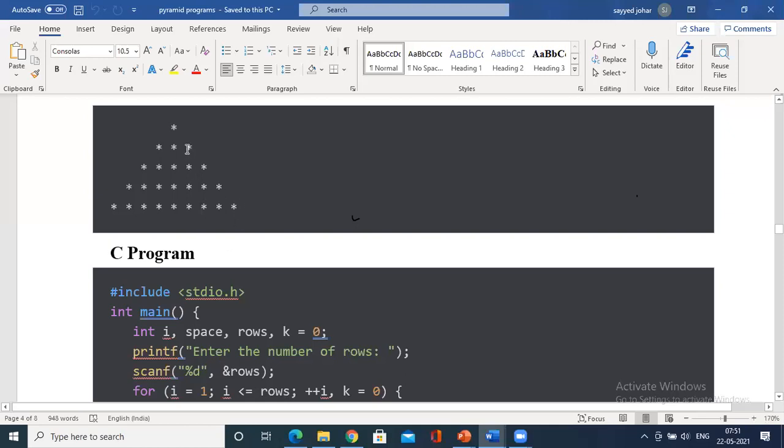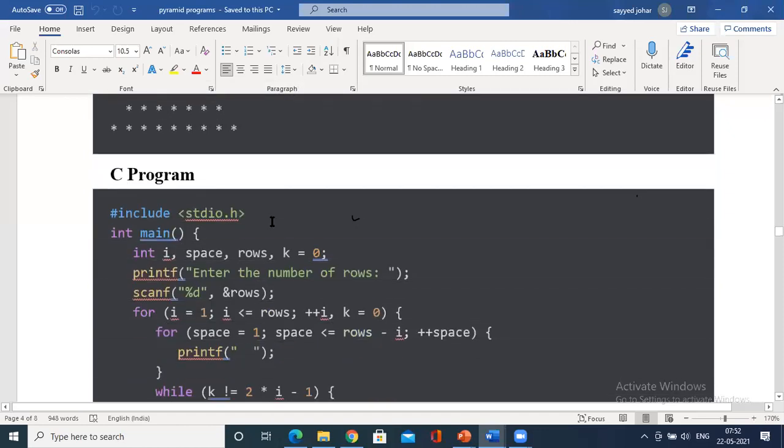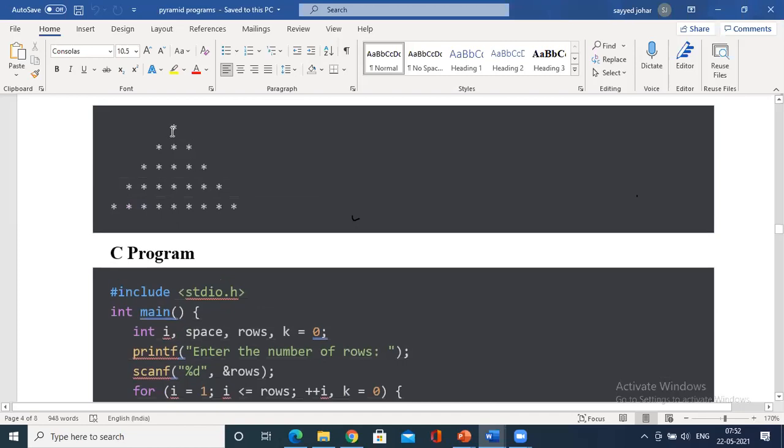Before that, whether the pyramid goes in this structure or reverse structure, how does it look like? You could see there are spaces. If you count the last row, 1 2 3 4 5 6 7 8 9 stars are there. On the left-hand side, how many spaces are there? You have to count: 1 2 3 4. 4 spaces on the left, 4 spaces on the right. After 4 spaces you have to print a star. You have to remember that. Then you have to go on decrementing the spaces, that is decrementing, not incrementing.